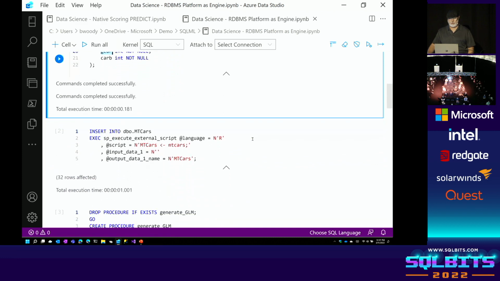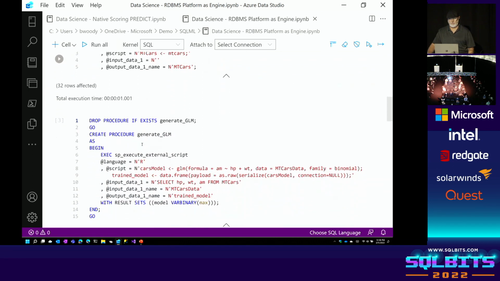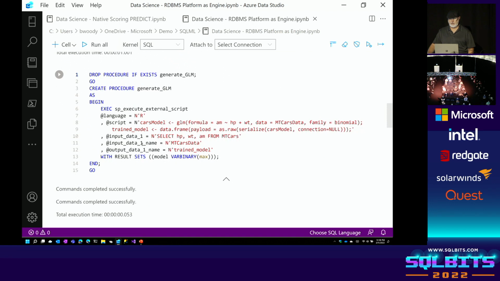All right, so we're just going to create a table. We're going to insert, this is that exact same thing we did with the iris data set. We're just going to take the cars and put them inside the table we just made so we have a data set to play with. Now, we're going to create a linear model here, and this is all the code you need to create a trained model. This is just getting rid of the old procedure.